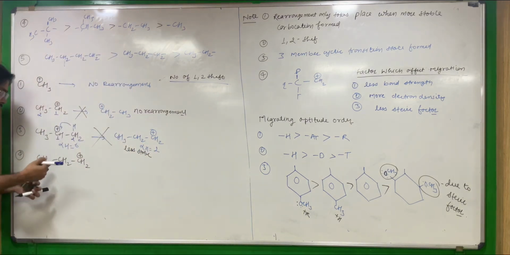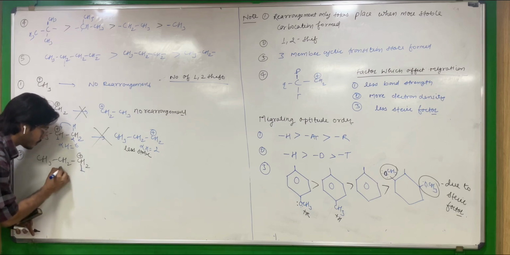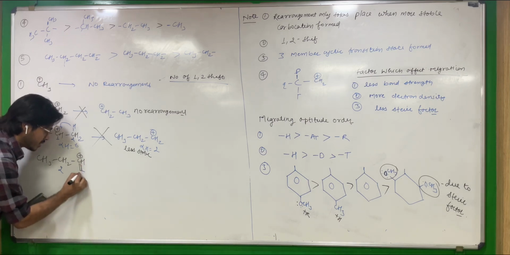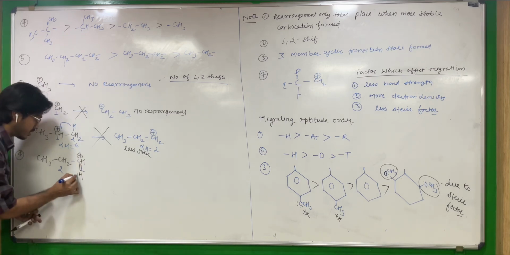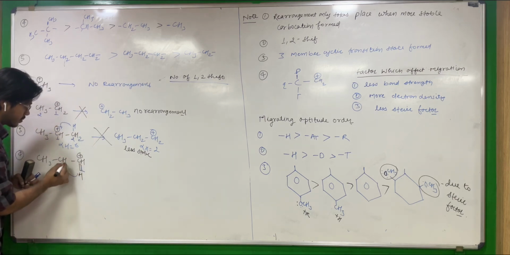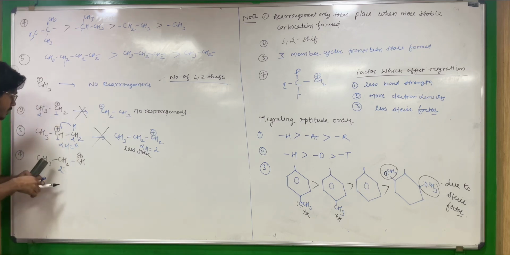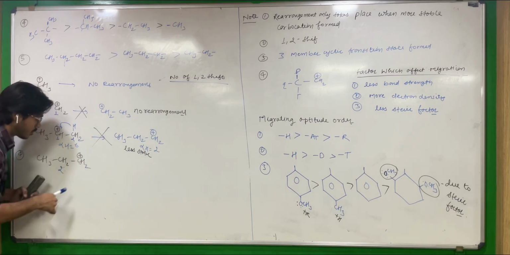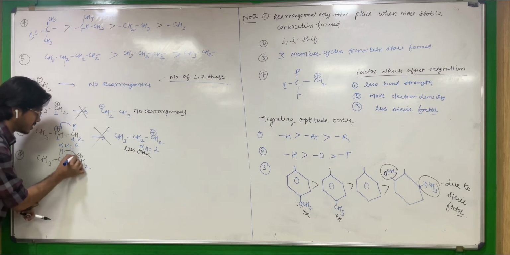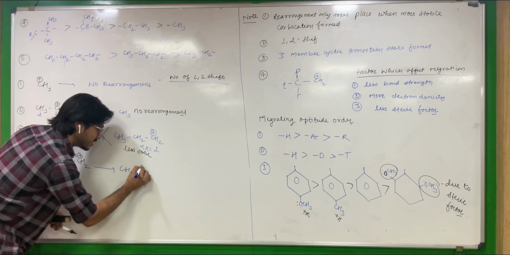Now see this one. If this is carbon number 1 and this is carbon number 2. Now in this case, if you do a 1,2 shift, this hydrogen present on this carbon is shifting onto this carbon. Sorry, a 1,2 shift will take place, no? So from 2, this hydrogen present on this carbon will shift onto this carbon, and now the carbocation formed will be CH3, CH plus and